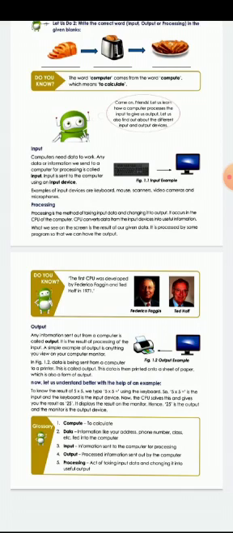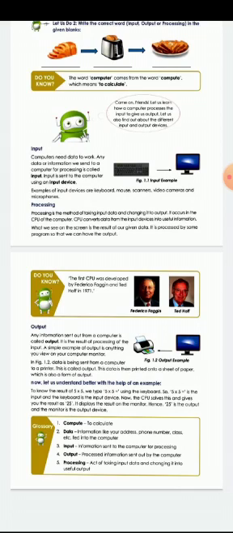In the arithmetic unit, this 5 into 5 will be multiplied and the result 25 is given to the output device. You can take this as a printout by using a printer, or you can see this on the monitor also. That's how a computer works.